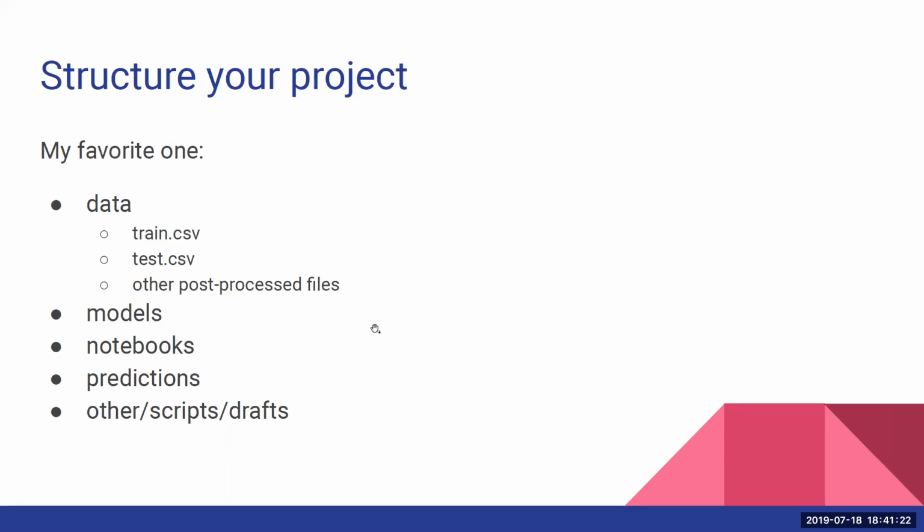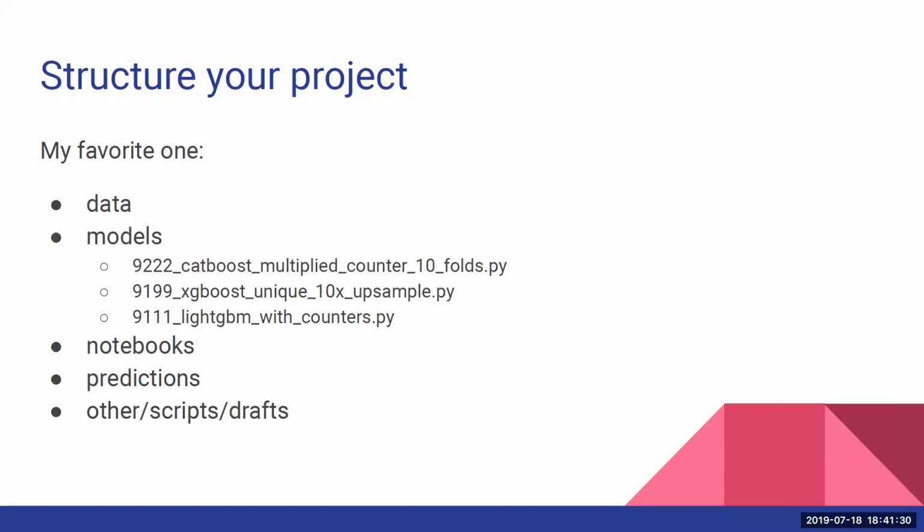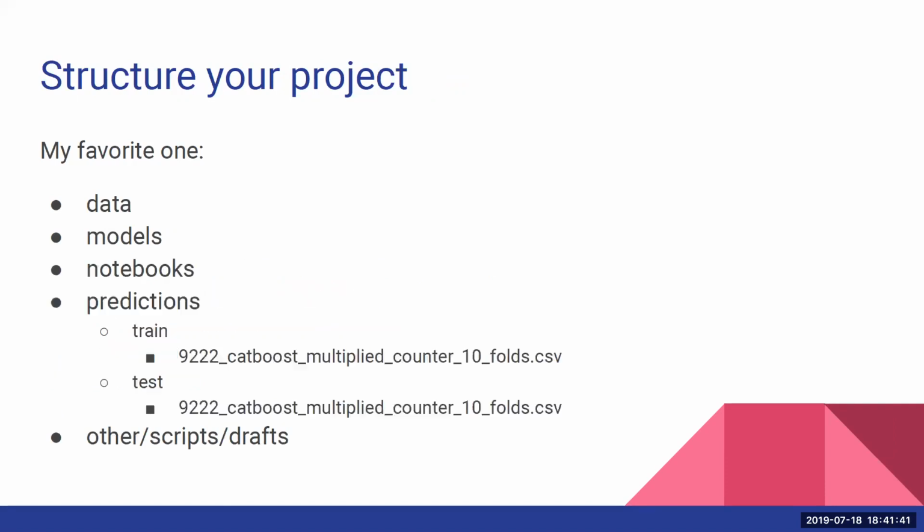So what I do is, every script that generates my submission will be saved into the models folder like that. So exactly the code to create a submission. And there are also predictions. Those are basically the submission for the test set. And I do have one for the train set, because if I want to make some sort of stacking, if I play with ensembling the solutions, I'll need train predictions as well.